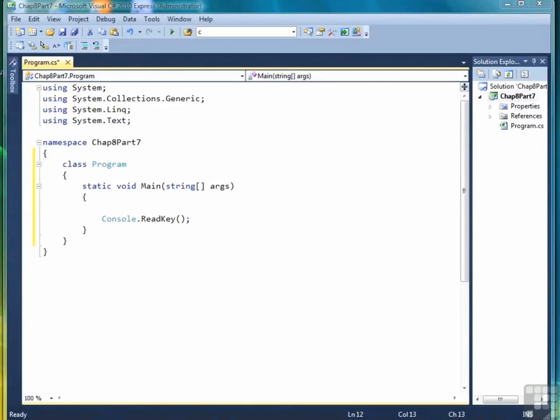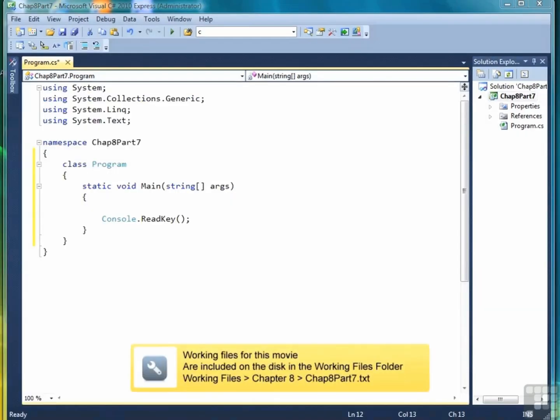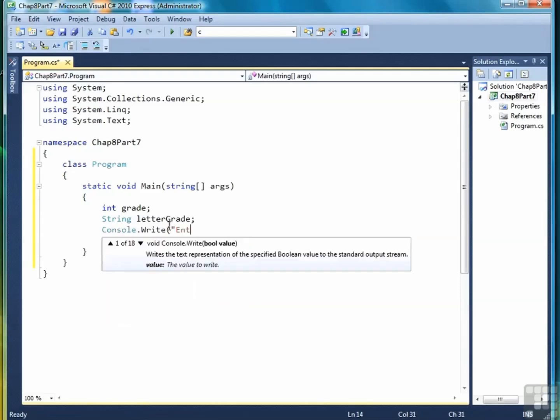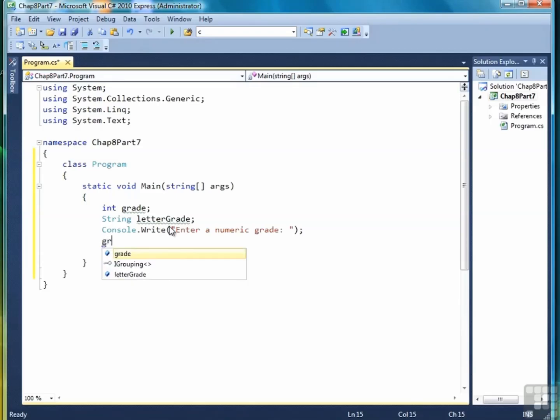In this lesson, we're going to look at another example of the if-else-if statement. We're going to take numeric scores and assign them letter grades. We'll prompt the user to enter a numeric grade, and then we'll assign the appropriate letter grade. 90 and above is an A, 80 to 89 is a B, and so on and so forth. So we'll start out first by creating a couple of variables, a grade and a letter grade. Then we're going to prompt the user to enter a numeric grade. Then we'll get that grade